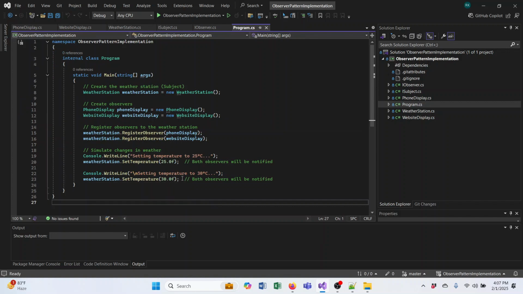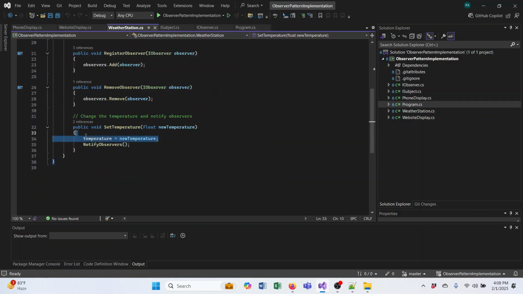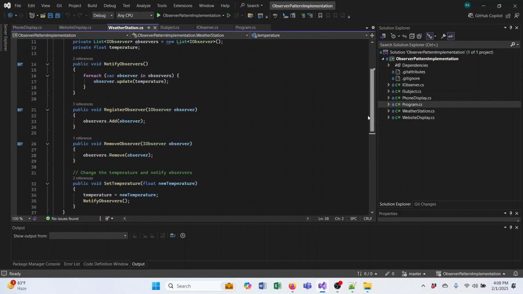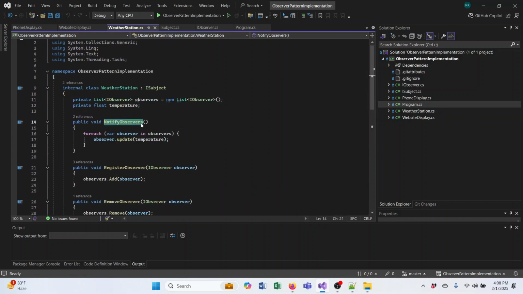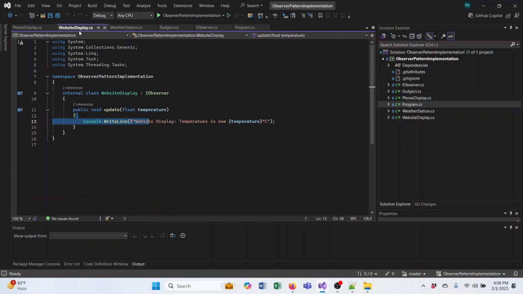And when another temperature with a new value is set, the subject will set the new temperature. After setting it, it will notify the observers, and after being notified, the observers will update the temperature on their side with the new temperature by calling the update method, and will display it. Now if I run the application,